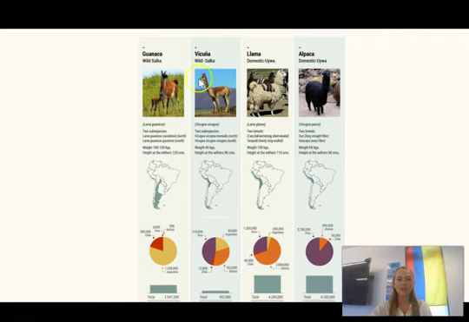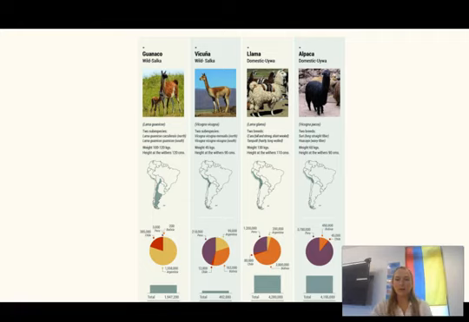People domesticated llamas and alpacas from their wild cousins, and these were very helpful for carrying and moving goods throughout the mountainous regions. We do know that people in the Andes were aware of the technology of the wheel. However, wheels aren't super helpful when you're in really mountainous climates or landscapes. So the alpacas and the llamas were very important for those.